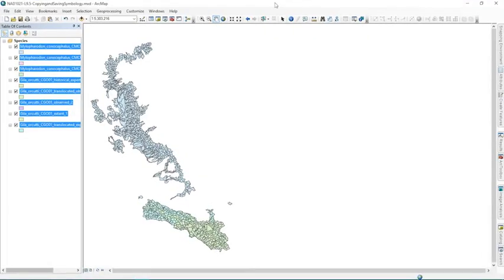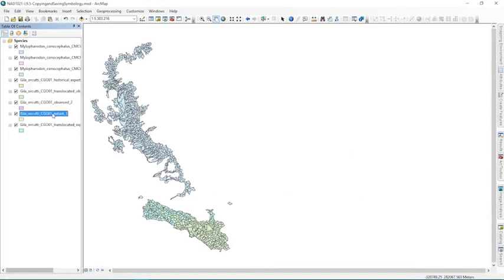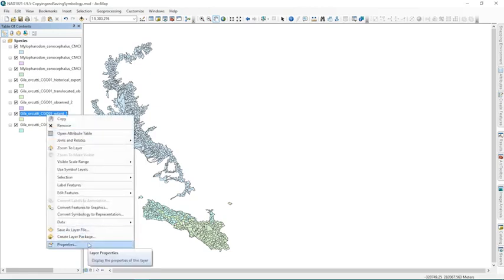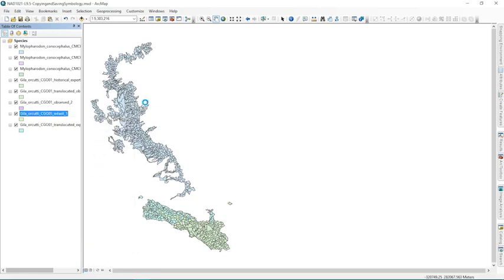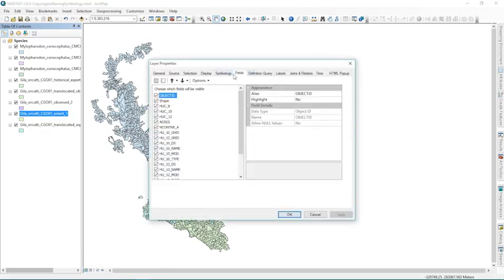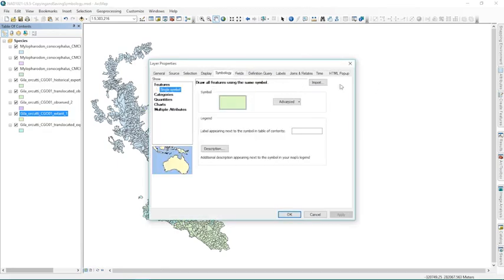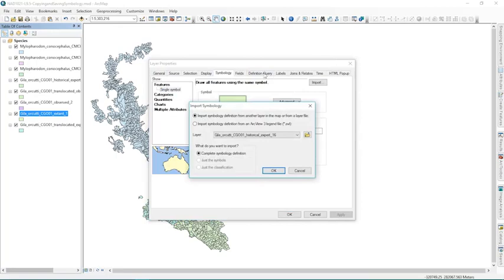Okay, let's bring this back up full screen here. To start with, I'm going to load in the symbology that I want to use for this layer. I can set it the way we always have using the symbology pane, but I can also go to properties, and under symbology, I can go to import up here instead of setting it directly. And I can leave it as import symbology definition from another layer in the map or from a layer file. And I can go to browse,